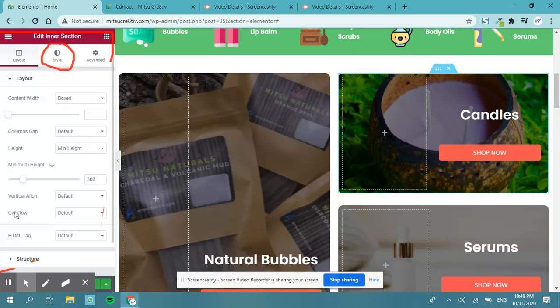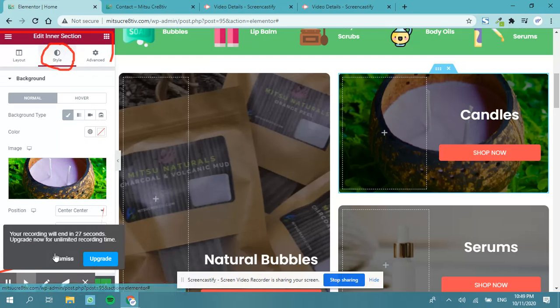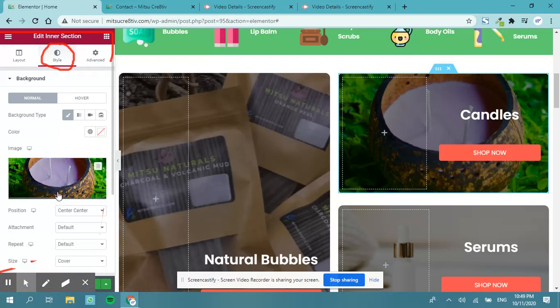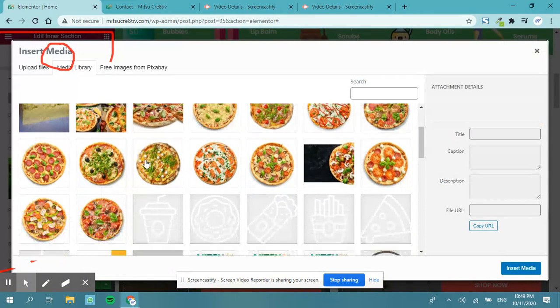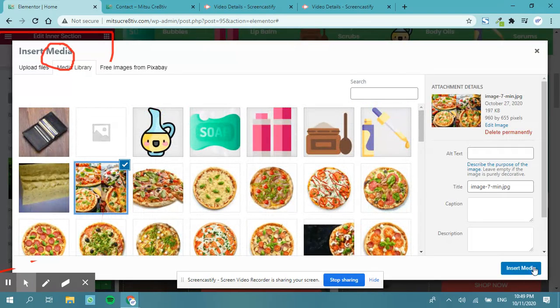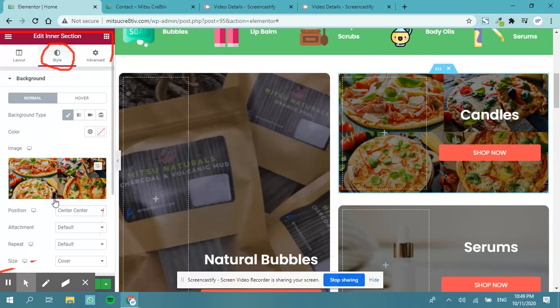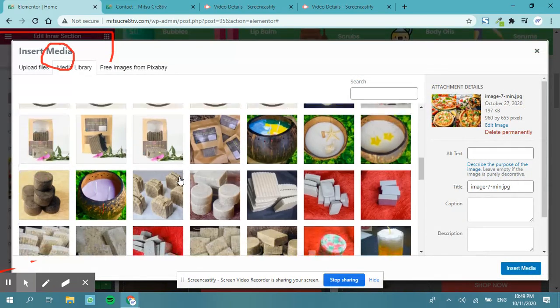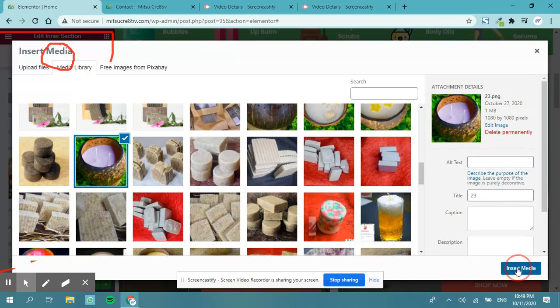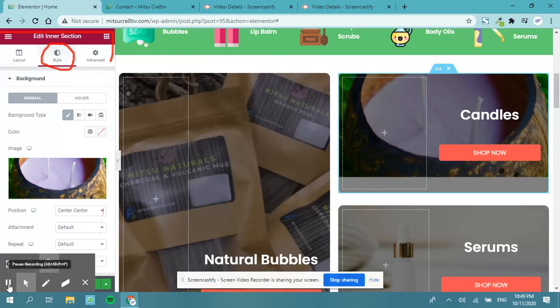If I click the one with the dots, you would see the panel change again on the side and we will come into style. If we come into style, we can now see that the image is here and we can change the image by choosing one. Let's just choose a random image just for the sake of the video. And now the image has changed, but we're going to change it back by simply clicking, and I'll just pick this one again and now it is changed back. We will continue more in the